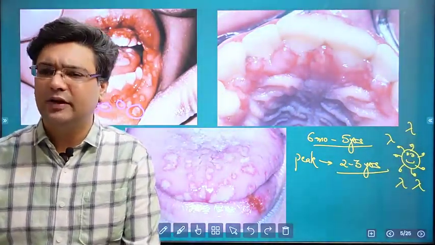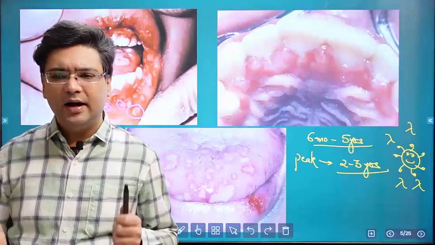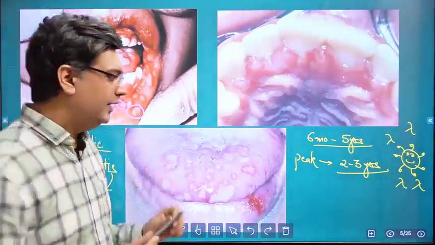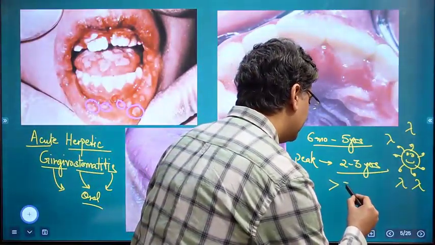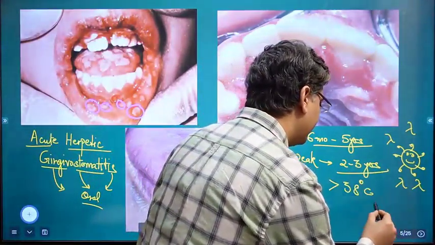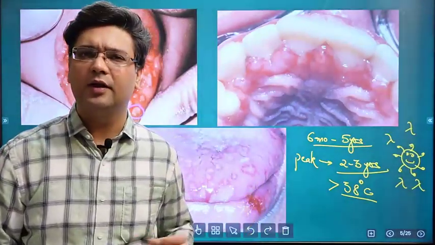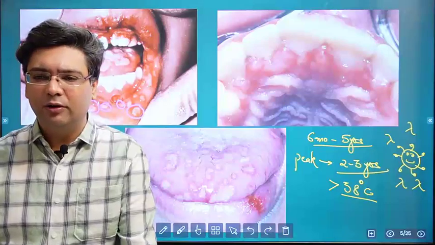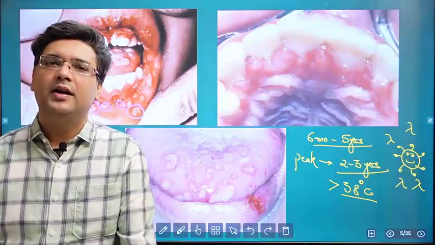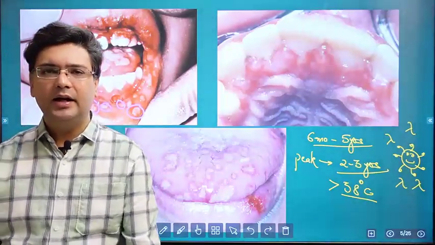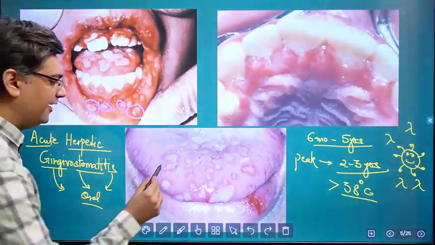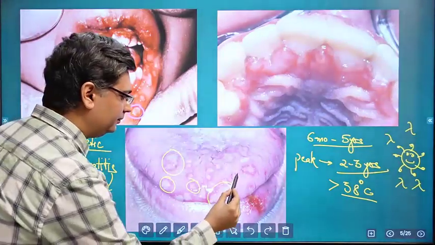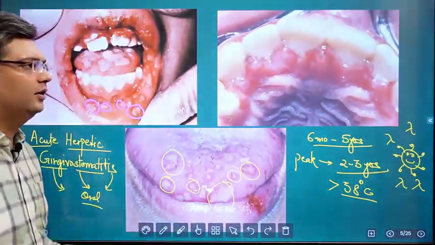You have a severe reaction, fever is there, and plenty of fever, 103 to 105 degrees F. That means greater than 38 degrees centigrade fever is generally seen. If you measure it in Fahrenheit, it is 103 to 105 degrees F. The patient also presents with nausea, anorexia, irritability, and sore mouth. You can see these vesicles which are formed here on the tongue as well, and these vesicles are a hallmark